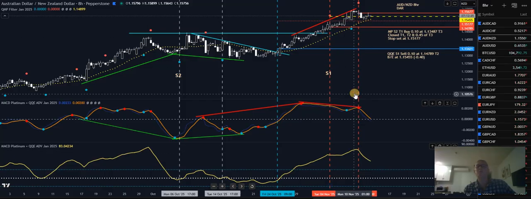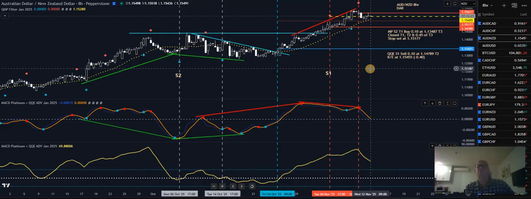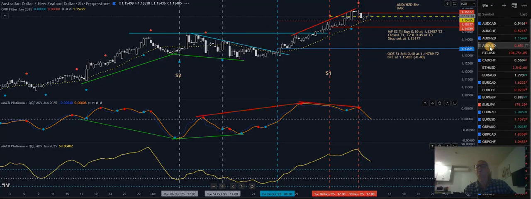In the meantime, took these QQE S1 sells. So you can see the QQE is well above the 60 levels. There's the first sell there, second sell there, break evens at this yellow dash line for the sells. But I'm not taking any action until this yellow line gets down to the 50 level, unless it drops off a cliff, gives me heaps of profit. That's what my target is. So we're right at the break-even level now, and we've got this big buy locking in profit.